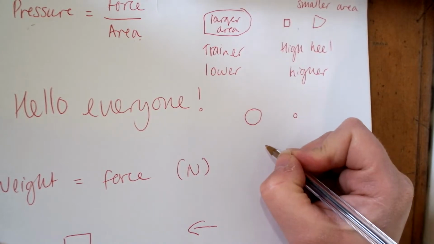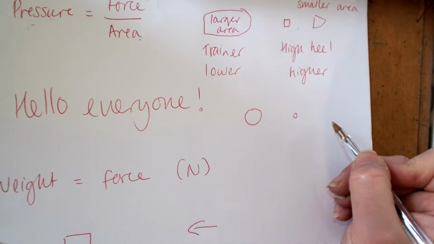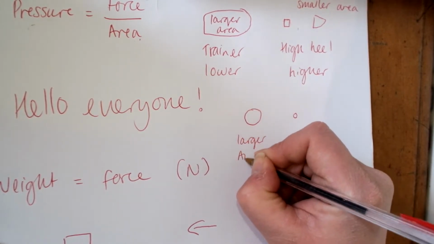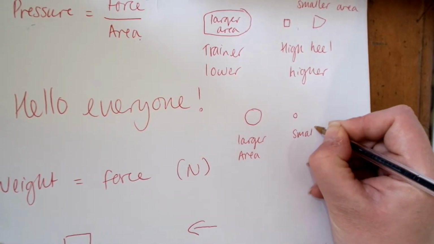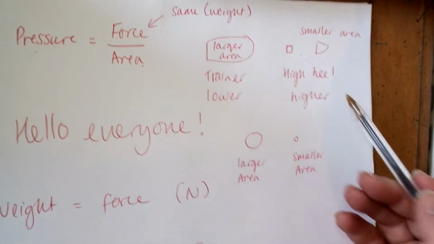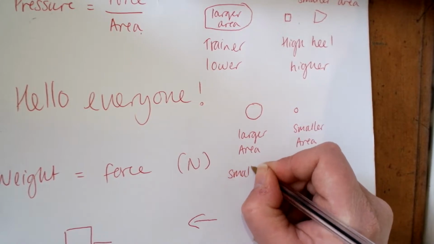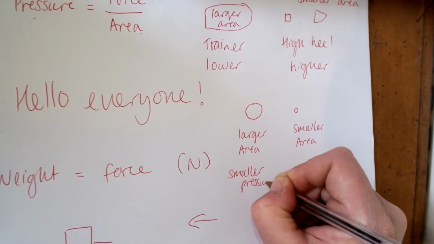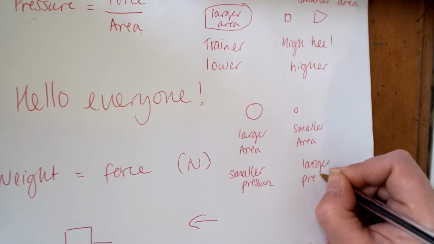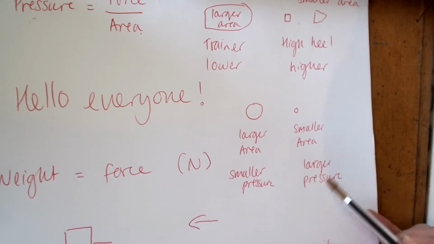So we've got the same force because they're coming from the same bow pulled back by the same amount, but this one has a larger area and this one has a smaller area. Therefore, if we apply the same as we did here, this therefore becomes a smaller pressure and this becomes a larger pressure. What that means is it is more likely to stick into the dartboard or whatever those things are called that